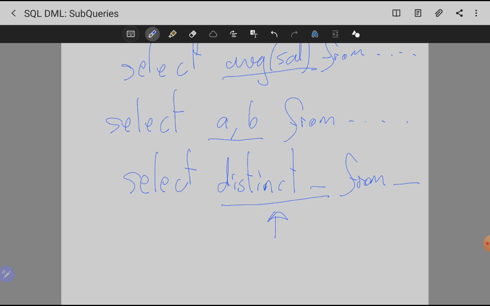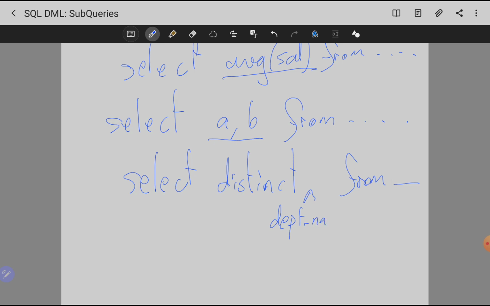A simple example, select distinct department name from instructor where department name equal physics. Okay, that's a little bit strange, but what if it was select distinct